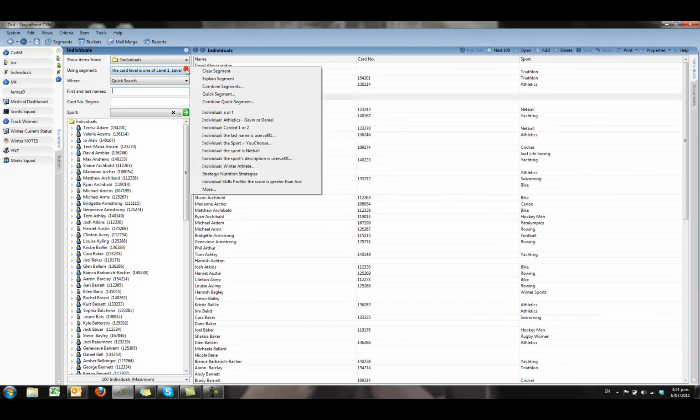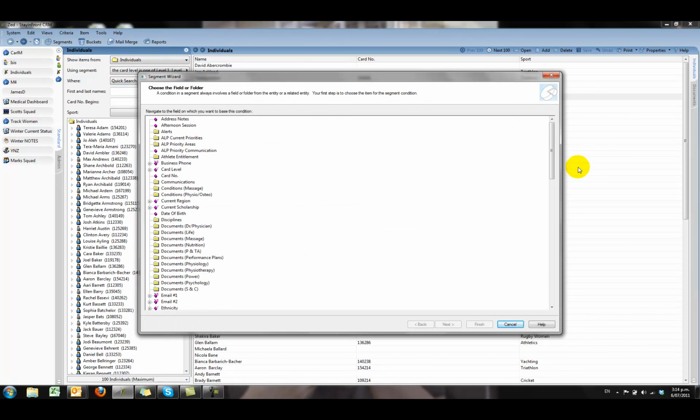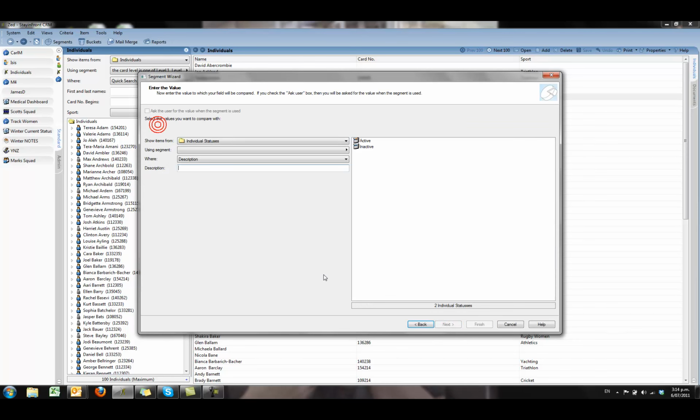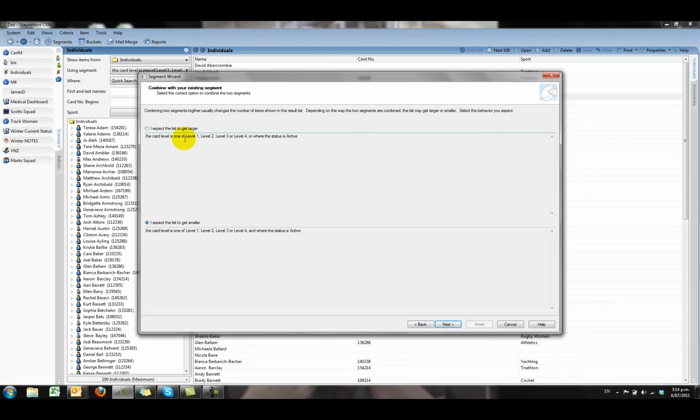Then the second thing we'll do is we'll just combine that quick segment with another one, which is down the bottom here, status next is equal to active. So we get a little screen that pops up that just tries to clarify that we have done this